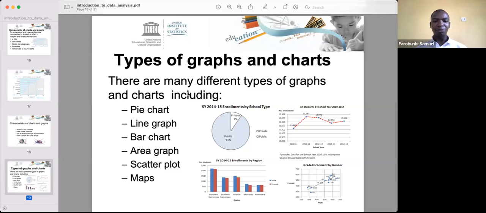Now, another form of graph is called a line graph. A line graph usually has what we call the x-axis and the y-axis, and we use it in presenting data that have patterns. So you put a particular growing pattern on the x-axis across the one on the y-axis. Now, and then we also have what we call the bar chart. Bar charts are always bars, just like the word bar. We represent numbers, population,